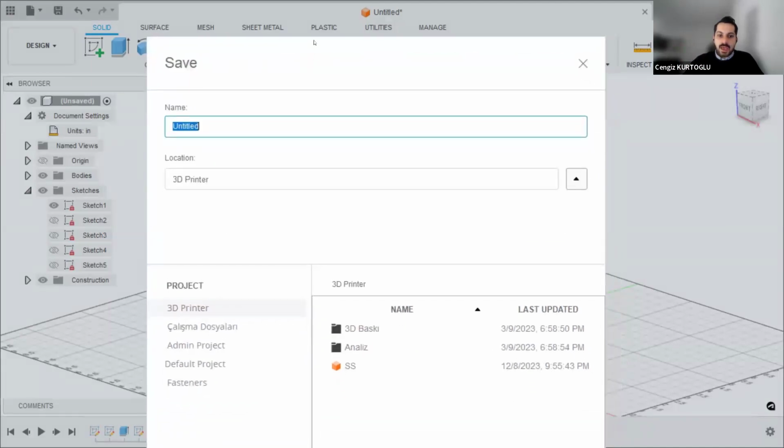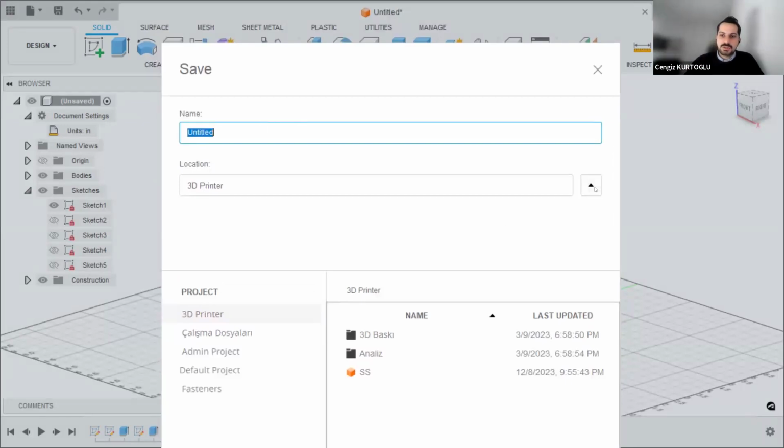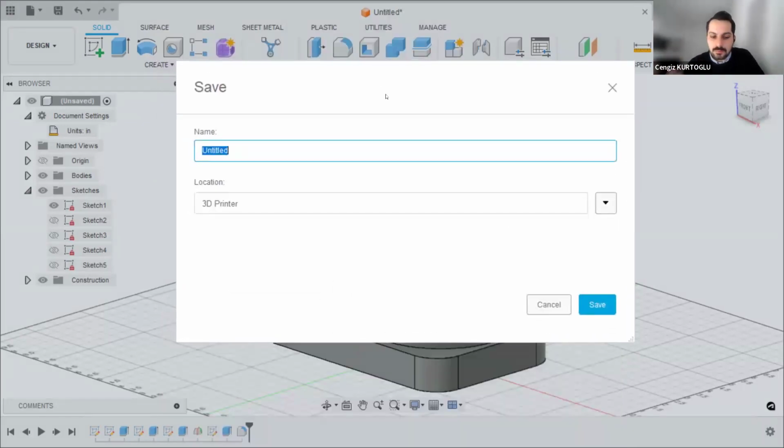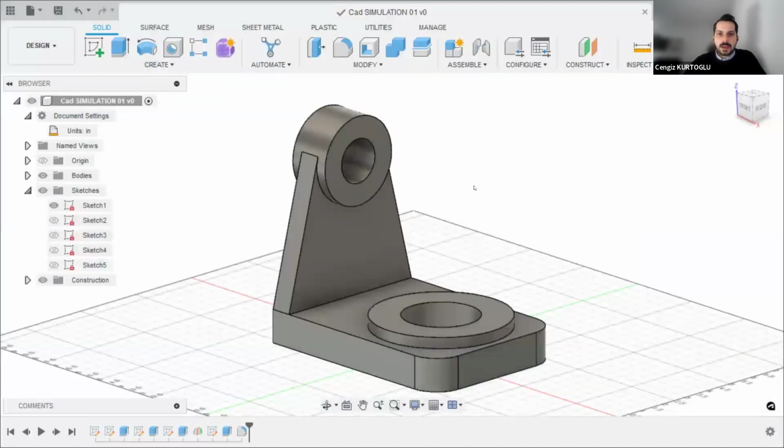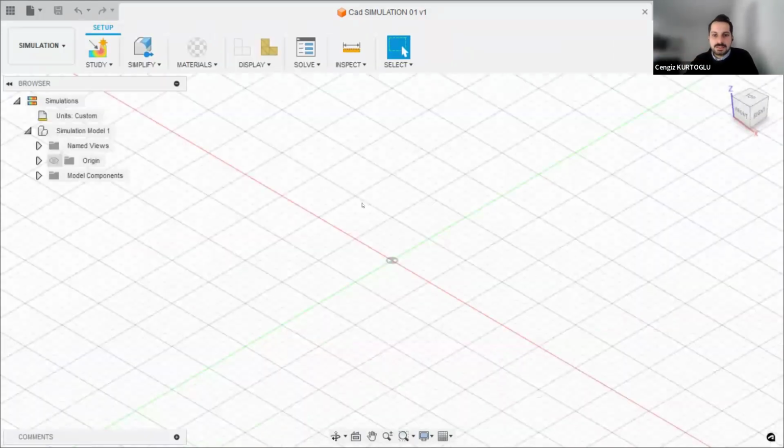you can create new projects for these parts, or as a location you can select for your projects. For example, CAD simulation 01. Well, I saved the part, and after you finish the modification for your parts, you can pass to the simulation analysis